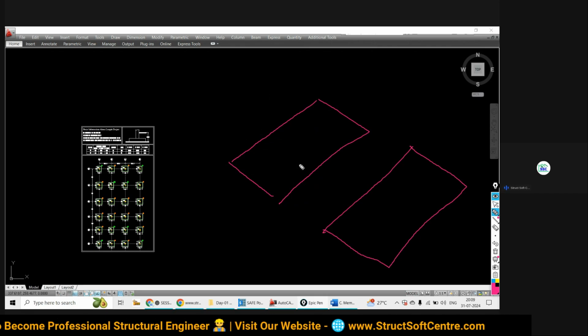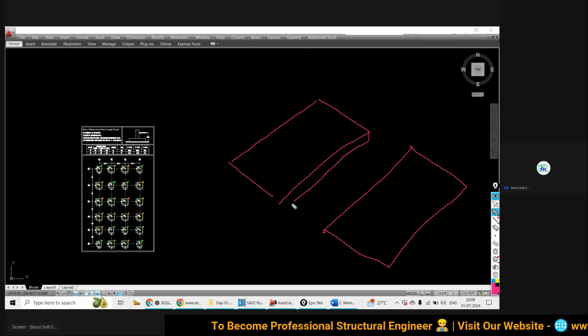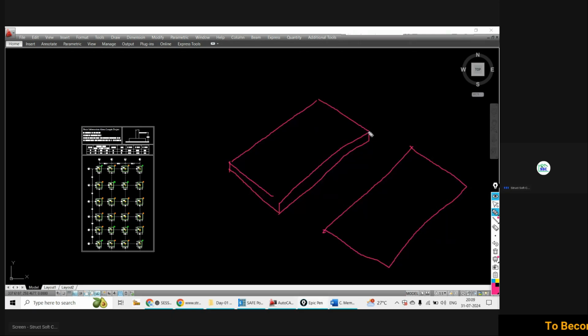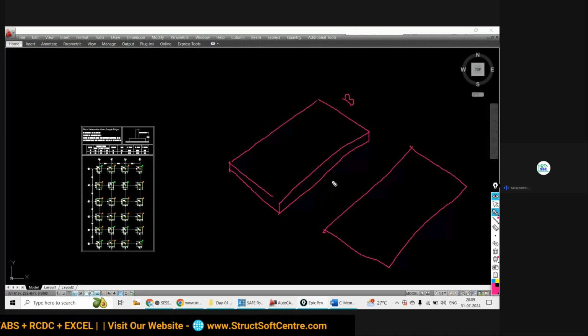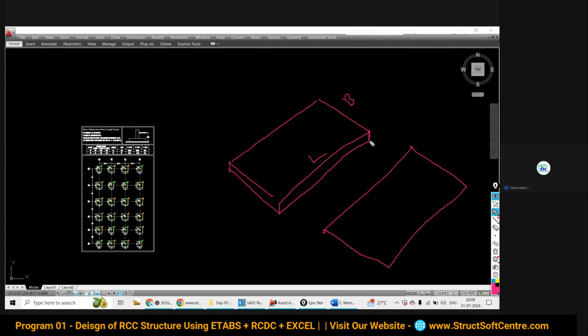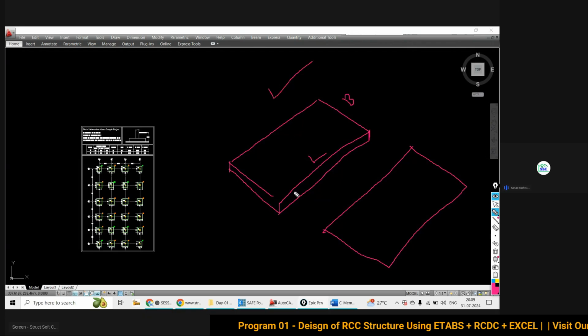Why do we call it an area element? Because the depth of this slab or plate, in comparison to its other two in-plan dimensions, width and length, is very small. That's why we consider it as a plate element or area element.